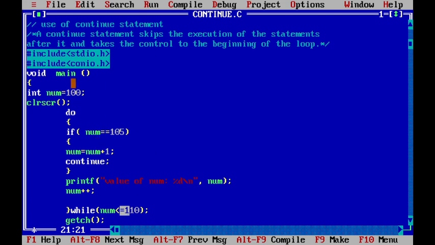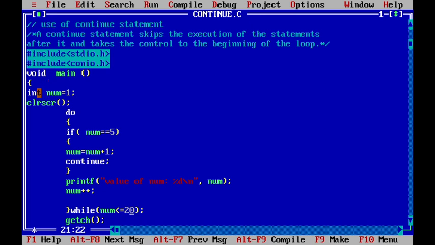Suppose I'm trying to print 1 to 20. I'm keeping it, and I don't want to print 5. What I will do? I will keep 5 and then go up to 20.